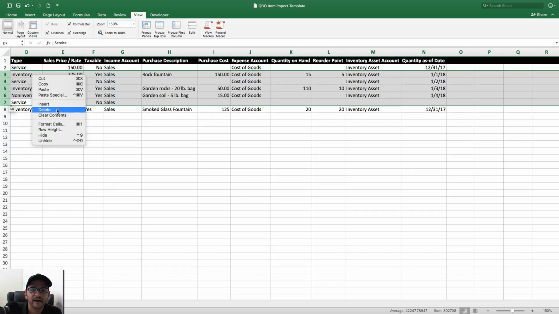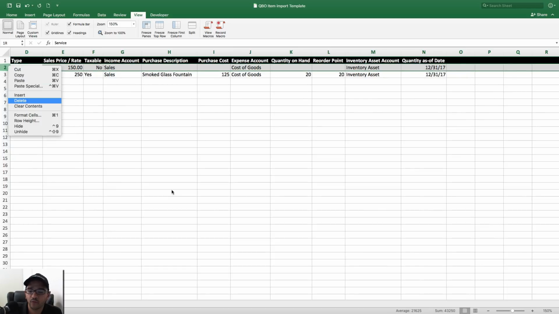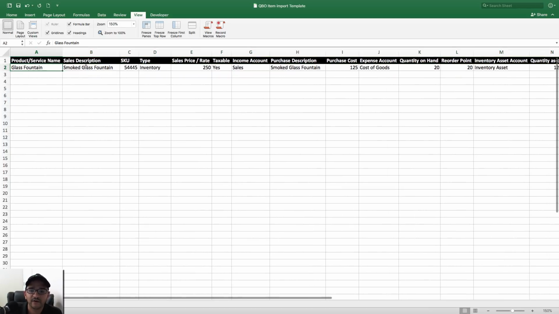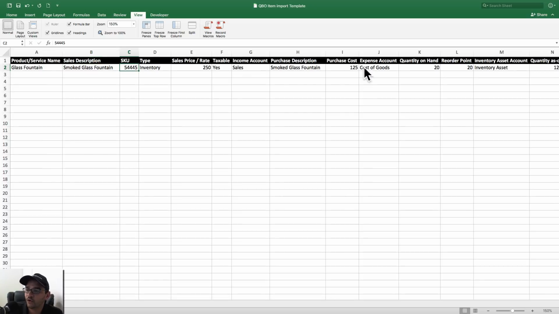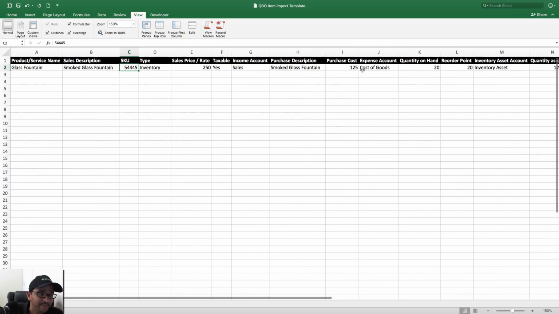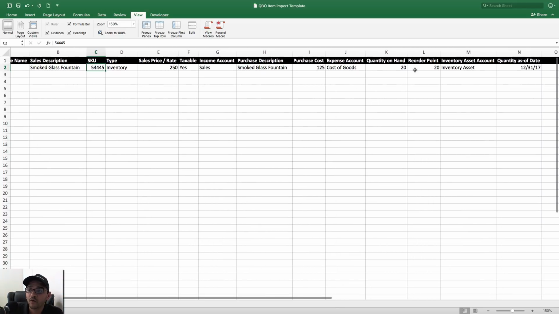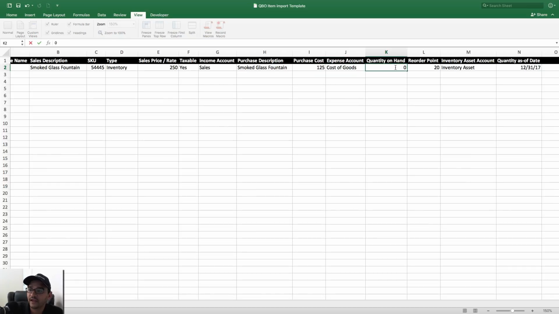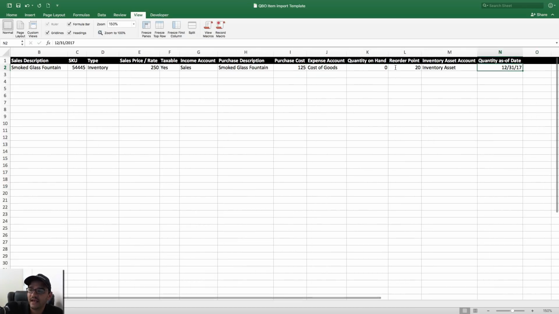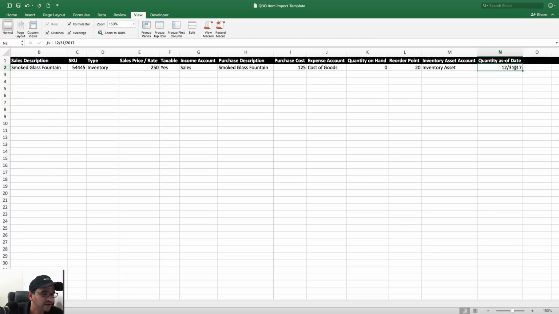And we're simply gonna, for the sake of the example, import one item, this one called glass fountain, smoked glass fountain. There's a SKU, all the information there. And again, if you use the same template, you're gonna have a really positive experience bringing in the information. If you don't wanna bring quantity on hand, then you would just put 0 there, and you would put quantity as of date. I usually put the closing of the previous year is typically what I do, or maybe 1/1/2018